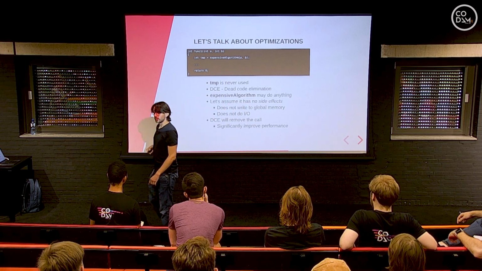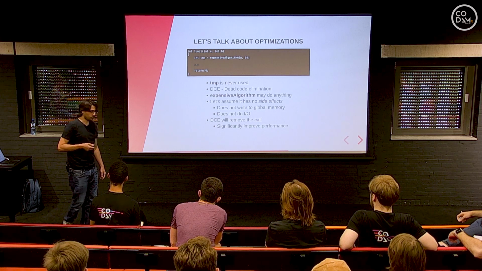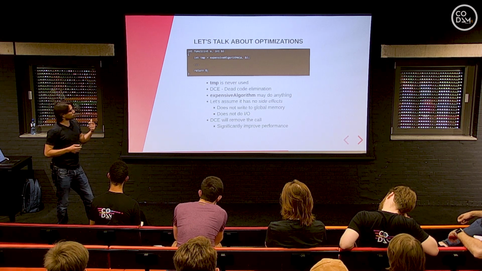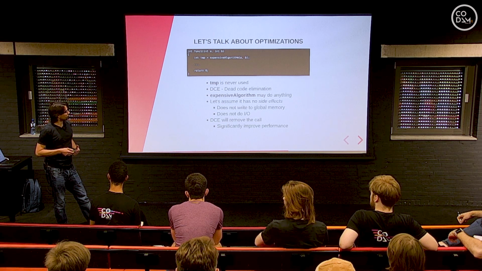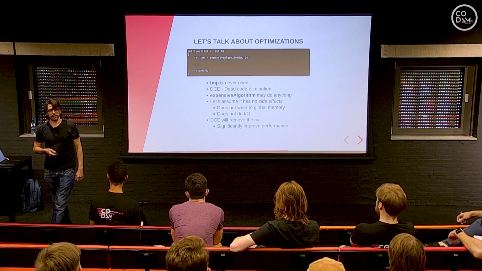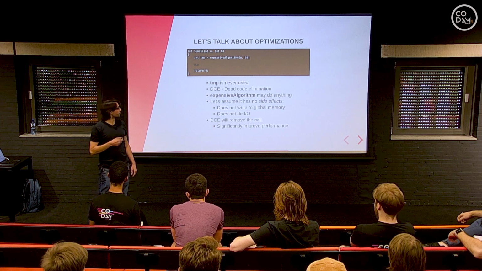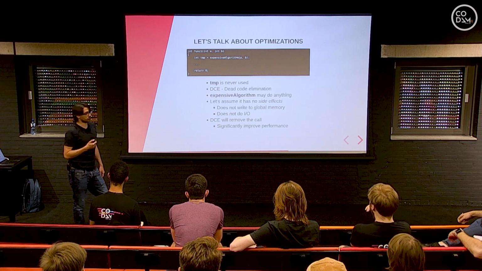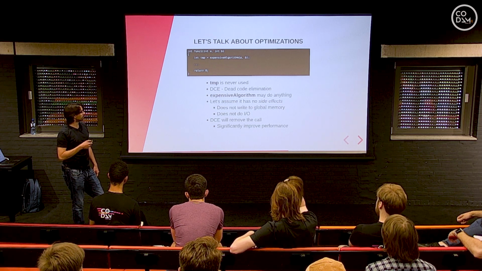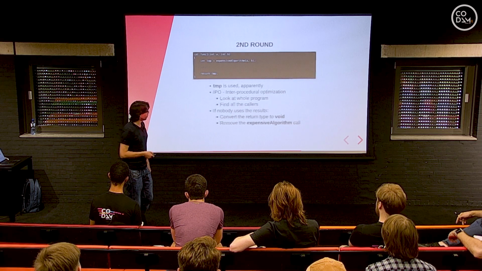In particular, we need to assume that this expensive algorithm call has no side effects. Now, side effects is a terminology we compiler engineers like to use. What this means intuitively is that this function should not fiddle with anything that it should not touch. So it should not write to global memory, it should not print something on the console, it should not write stuff to files, it should not do anything which can be seen by somebody else. If that's the case, if this function has no side effects, then there is a basic optimization available in all compilers, which is called DCE, dead code elimination, and the variable and the call will be removed, improving the performance of the program. Pretty easy. Let's go one step forward.